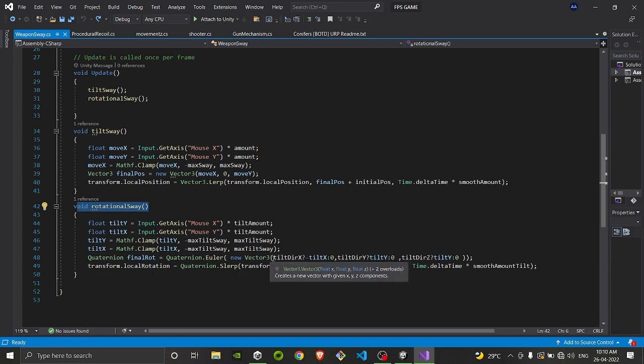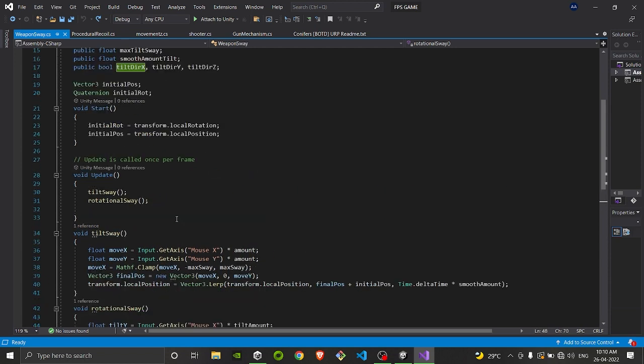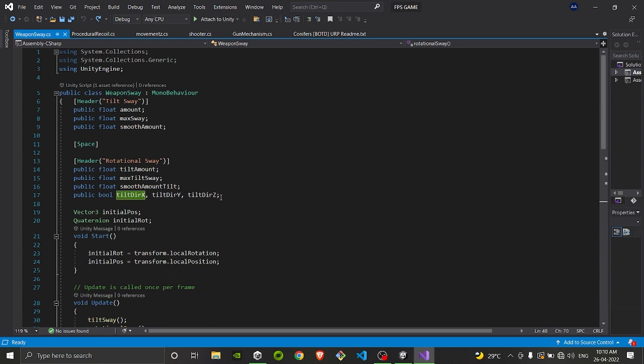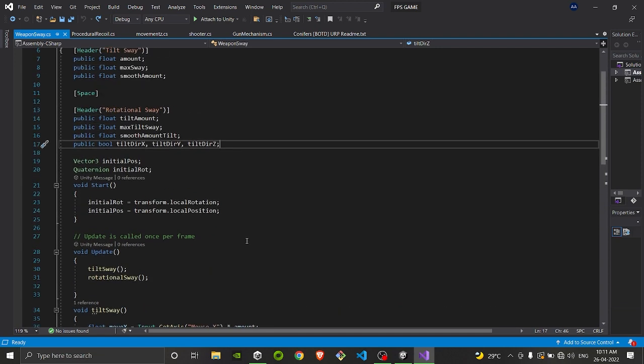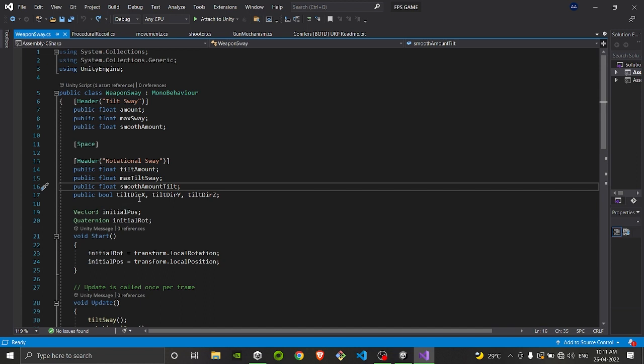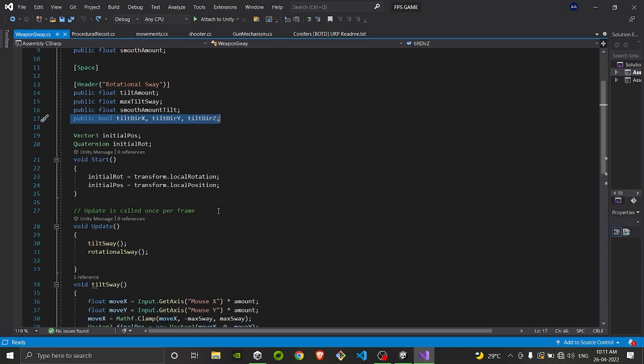And we will see this is not necessary if you don't want the bools to be there. It's just for toggling on the axis. If you want it toggled on all axes and don't want to change this, then this is not required. Just put here minus tilt x, tilt y and tilt y. If you want the function of toggling x, y and z axes, you need to put a variable here, bool tilt direction x, tilt y, tilt z, whatever you want to name it.